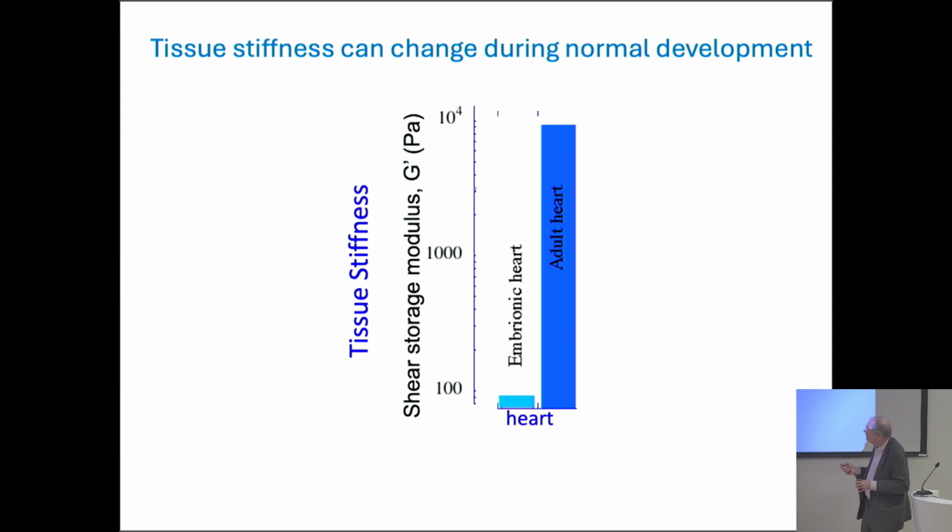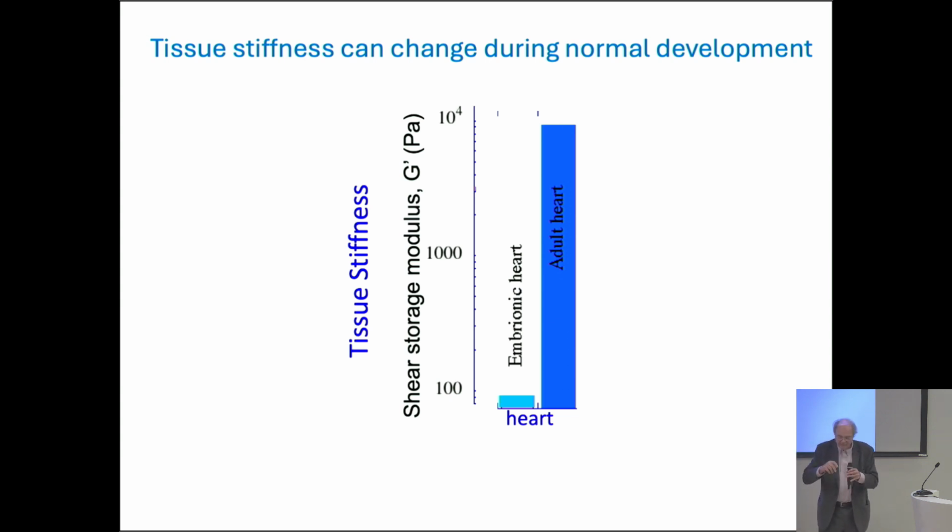But as the animal matures, the adult heart is 100 times stiffer than the beginning tissue where the heart came from. And you may know this about cardiac cells, that they divide very, very slowly. So this is more true for you than for me, but cardiac cells divide so slowly that most of the cells in your heart are exactly the same cells you were born with, or even before you were born.